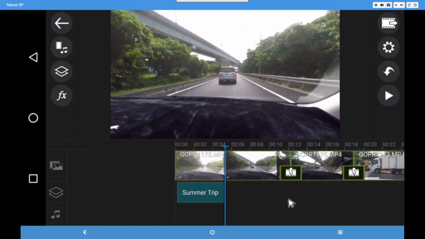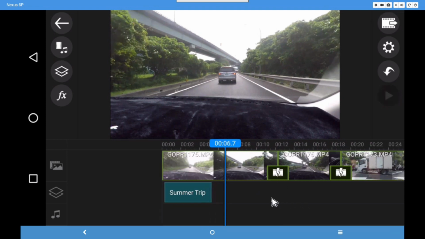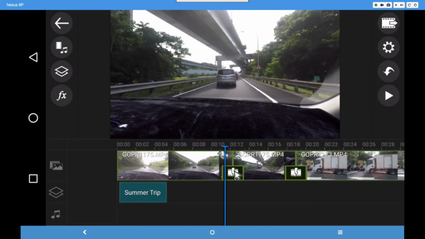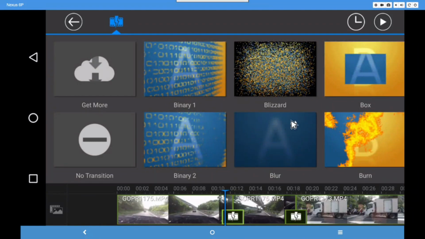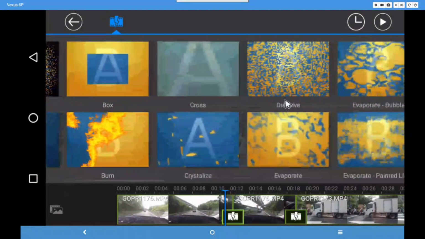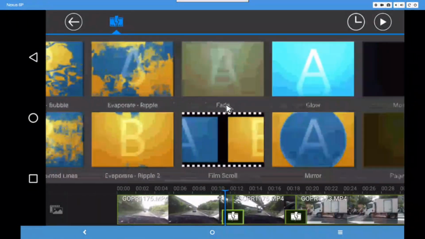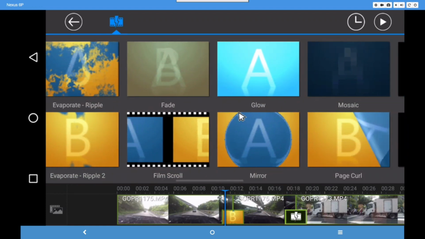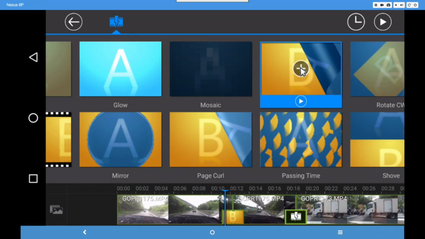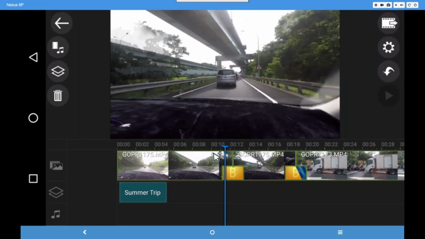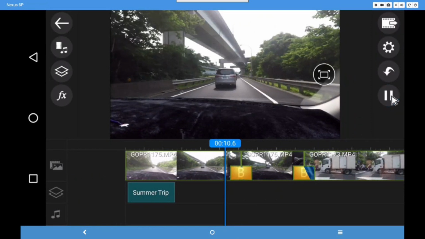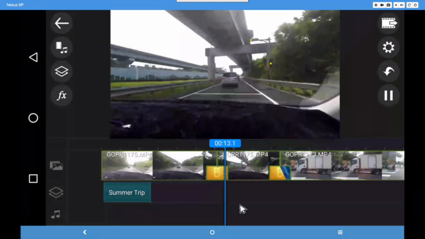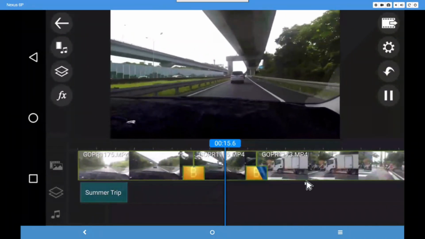So how about the transition? You can see the transition here. It's between two clips. You can see this icon here. So if you want to apply a transition, you can just click on that one. And there are a lot of built-in transitions you can use. Maybe you can use Ripple, and just apply it. And you go to another footage. You can use Page Roll or something like that. So now once you play your video, you already have two different transitions that have been used